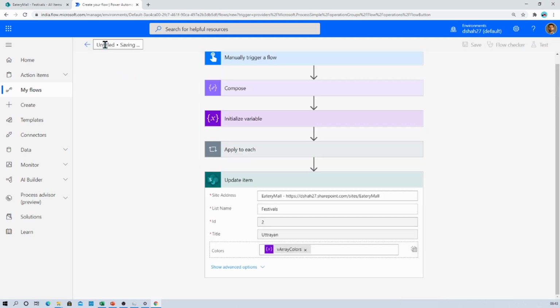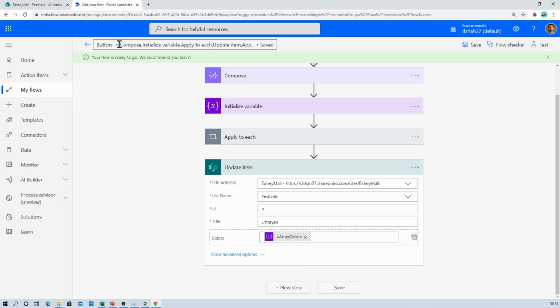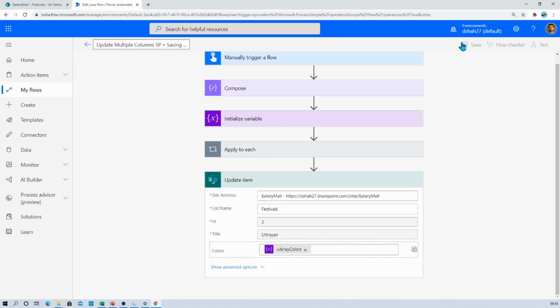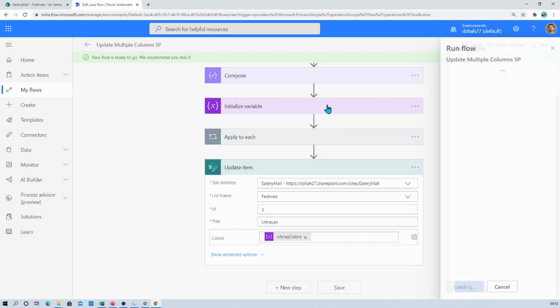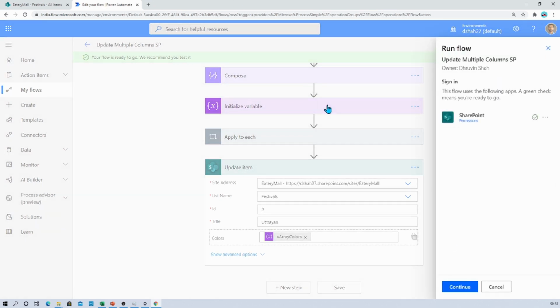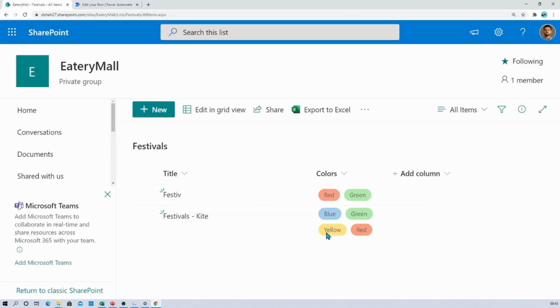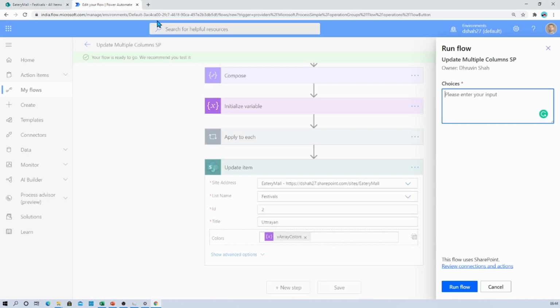So my flow name is, let me just give the flow name over here, that is update multiple columns, right? So let me just save this flow again, and now let's test our flow. So we just need to trigger manual test at this moment, and now I need to provide the color values, like which colors I wanted to add there, right? So let's just click on continue. Now I just wanted to have blue and green, so I will pass color as blue and green as comma separated value,